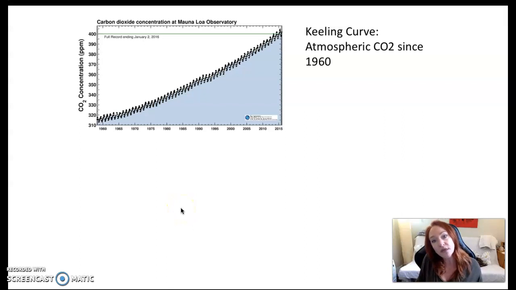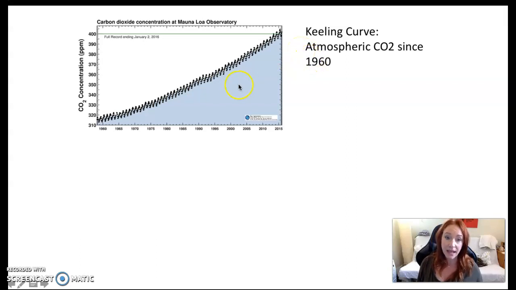So how do we know that the carbon dioxide in the atmosphere is increasing, and why do we think that it is caused by humans? So here's where this all started. Back in the 1960s, they started measuring the amount of carbon dioxide in the atmosphere out in the middle of the Pacific Ocean. And that is actually measured and graphed every single day since 1960. This is called the Keeling curve, and I'm going to link today's Keeling curve data on the same page as this video, so you can go look at what the carbon dioxide level was in the